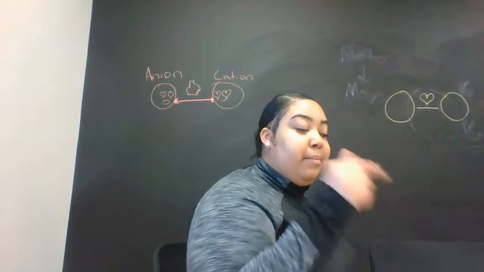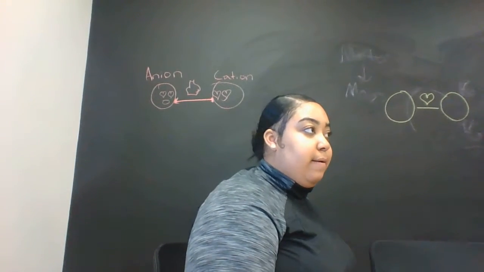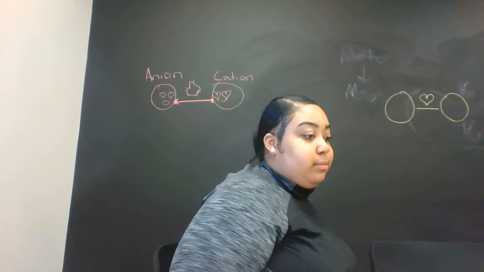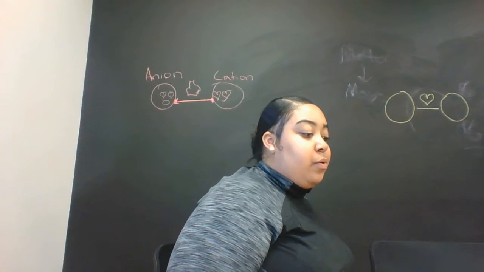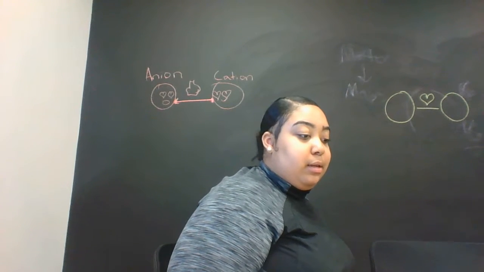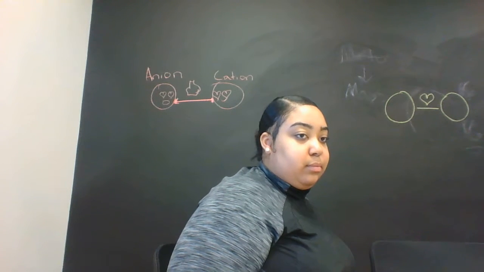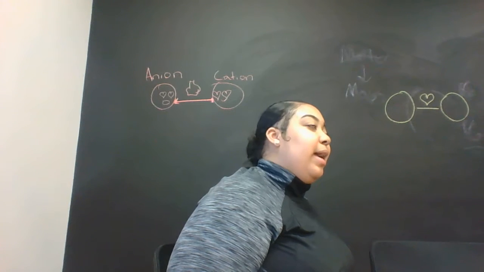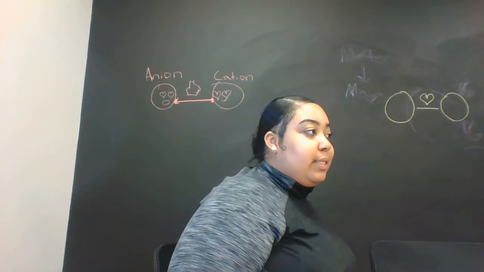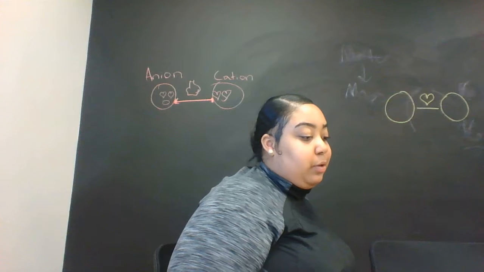The ventromedial nucleus, like ventral. Ventral medial. Nucleus. And the next one is the arcuate nucleus,